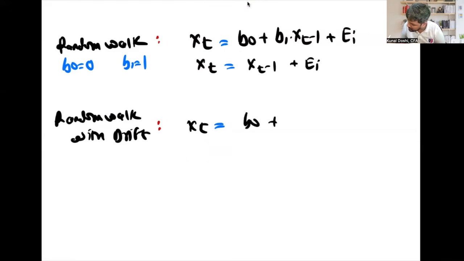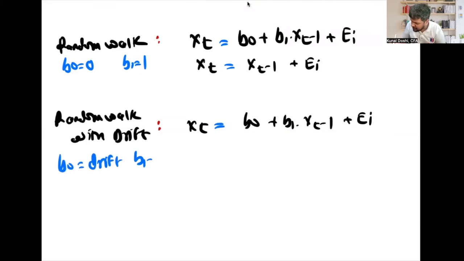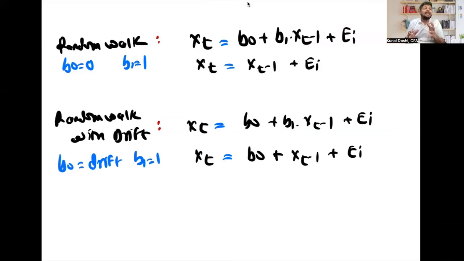Again, I will write here B0 plus B1 xt minus 1 plus error. But in this case, my B0 does exist. So there's a drift. And of course, B1 is equal to 1. So now my xt, everyone in the class, it will have B0. B0 will be existing, plus I can say xt minus 1 plus error. So now I cannot say that my value will be the same. The value might increase or decrease. Everyone with me on this? Check, check, check. Can you please confirm? Right? Okay. Now,